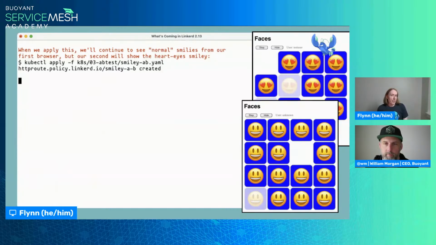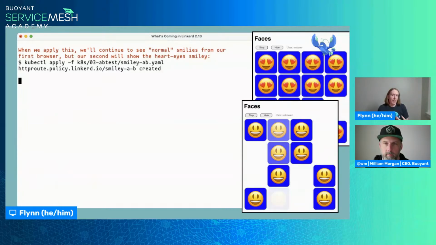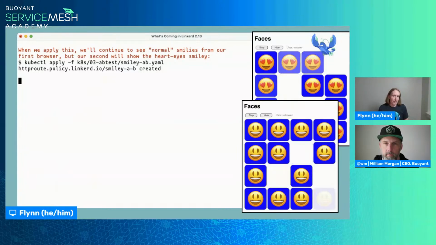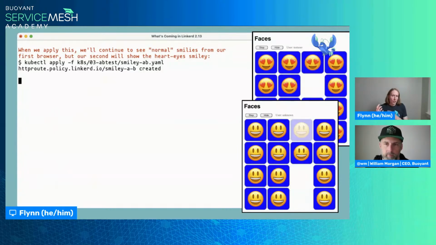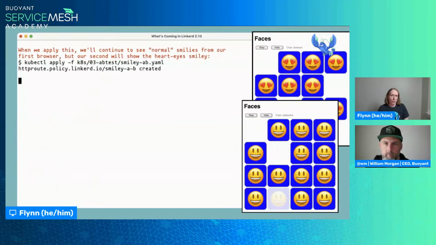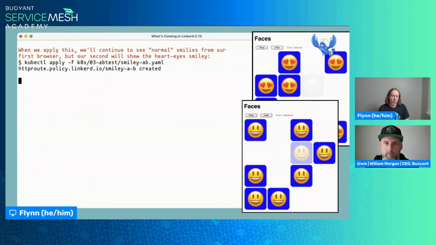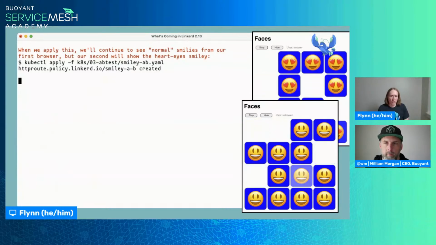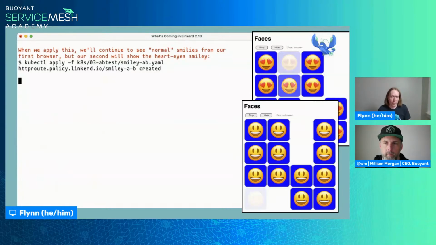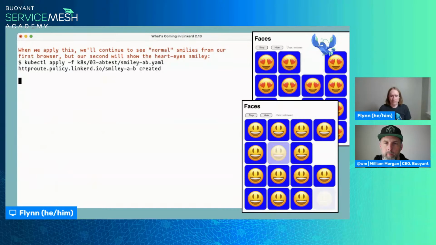There is the important caveat that for this to work, Linkerd has to see the header. So the services need to pass that header on through. This is a pretty common sort of requirement as you're trying to do A/B testing in any sort of rich way. It's not usually that big a deal, but it is something to be aware of.